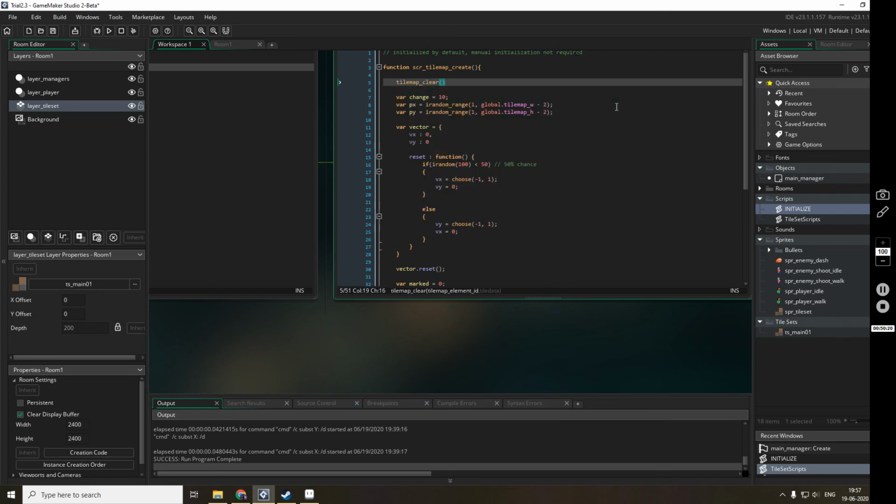Okay, yeah, tile map clear. Okay, global dot tile map and 2. So all the tiles are basically filled.